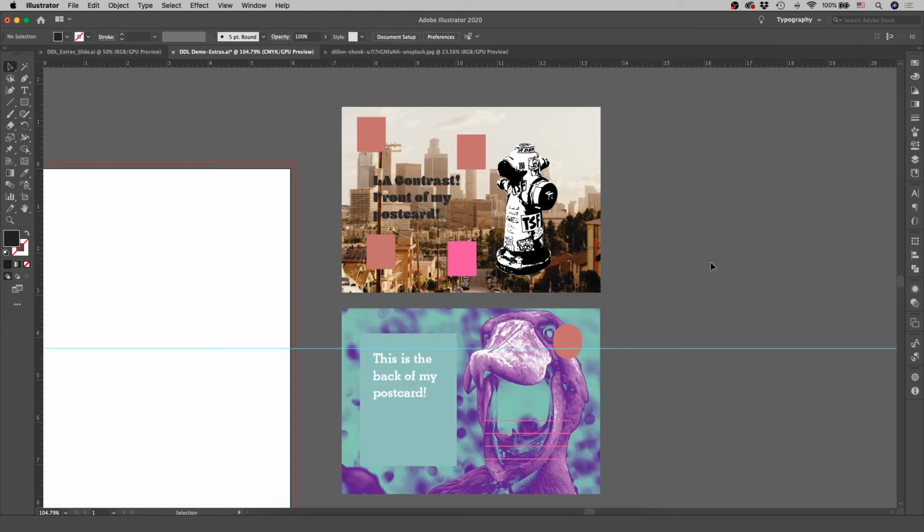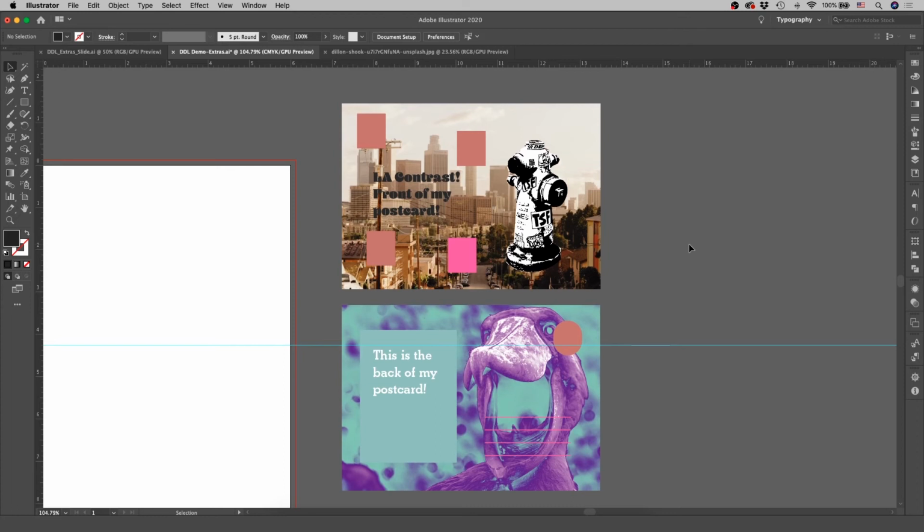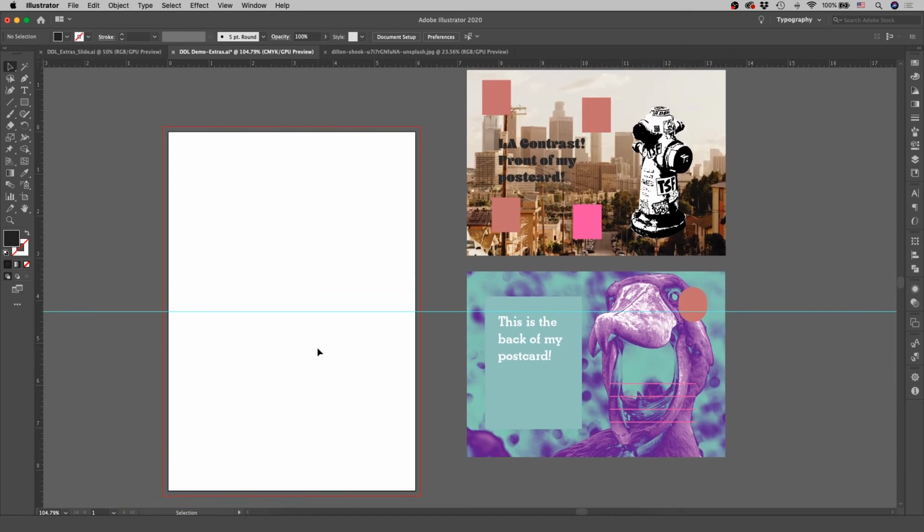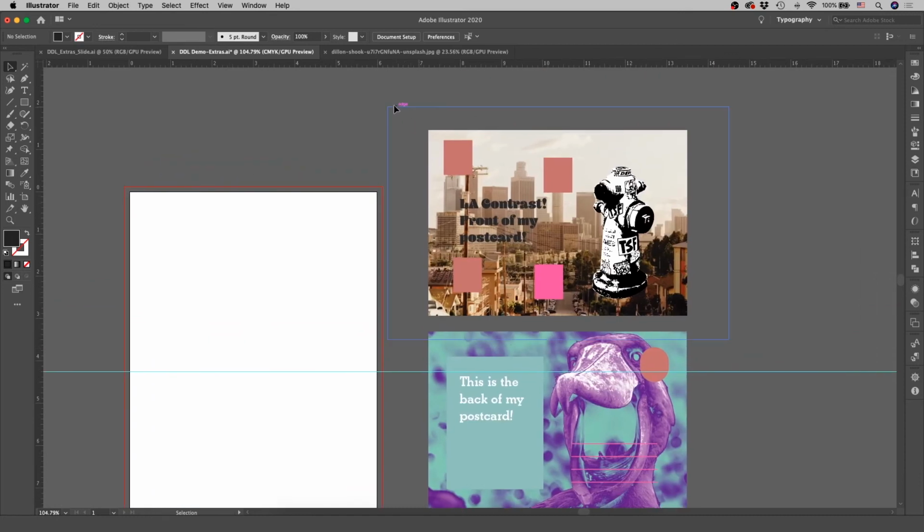So now I have skipped ahead to setting up your files for print. What I have done is set up each side of my postcard as a separate clipping mask, each the size of half of my postcard file. We talked about this briefly when we were setting up our files in the first week of videos, but basically